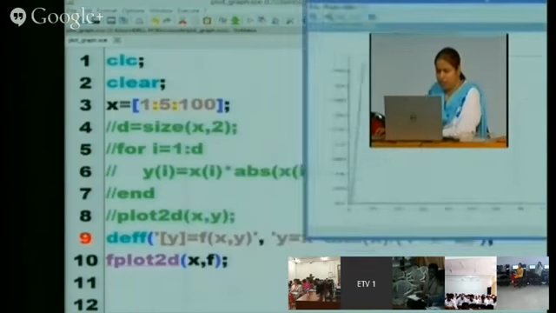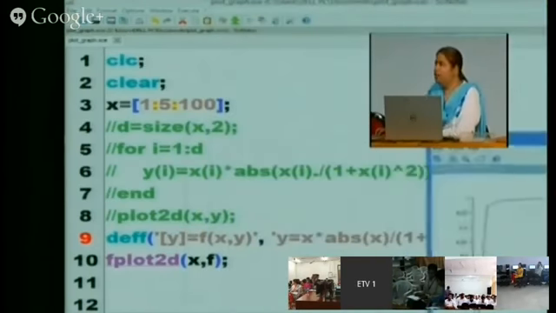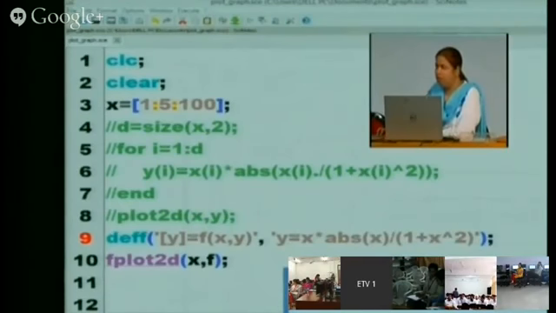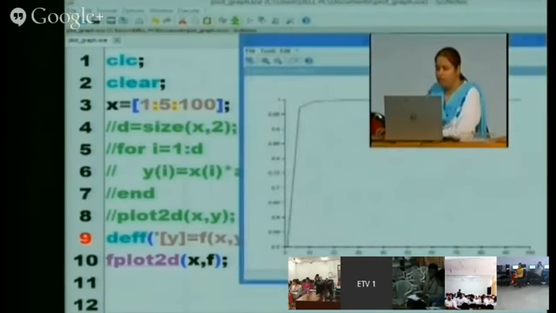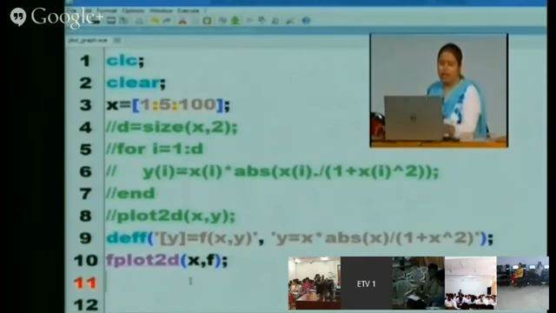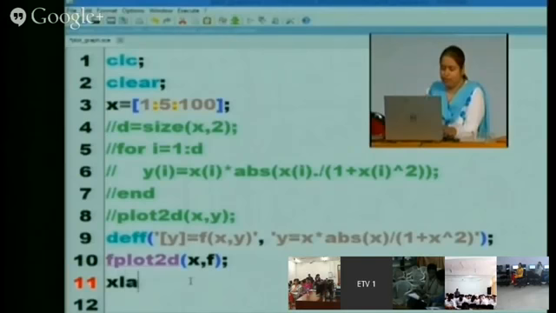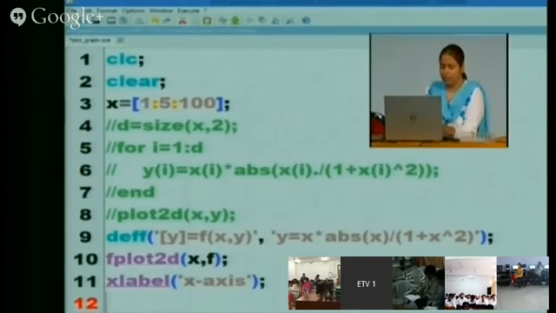See, this is the same plot we are getting. This is the code and this is the graph, using the function. Then on the plot, if we want an X label, Y label, whatever you want, you can give the labeling for it.